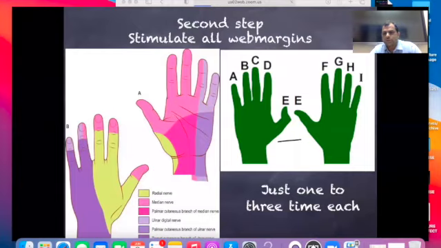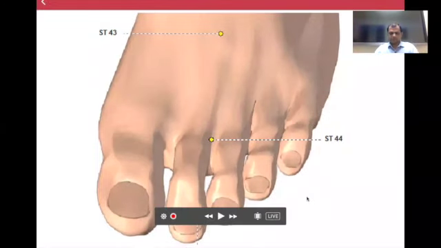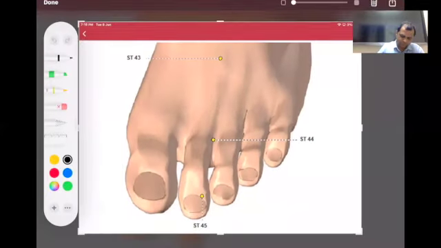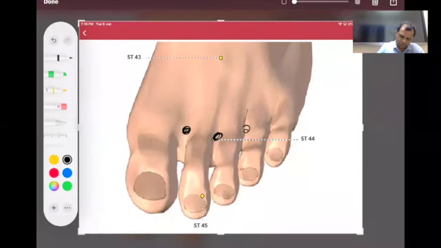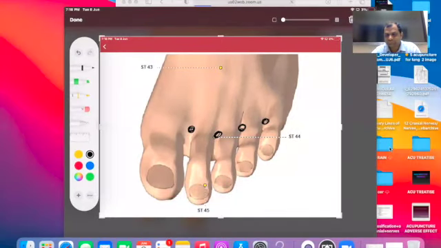What is the last point? What is the last point in the foot? In the foot, we have 4 points here. 1, 2, 3, 4. Still, this is the basic treatment. We have not reached the real essence. We are just discussing the basic points, and basic points will give you a very good effect in the body. Any question? Yeah, these are the basic points.